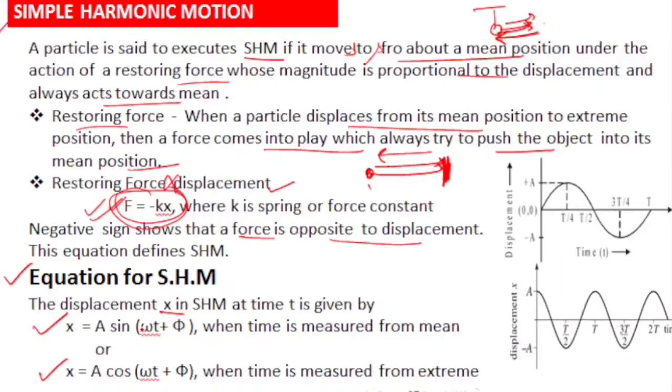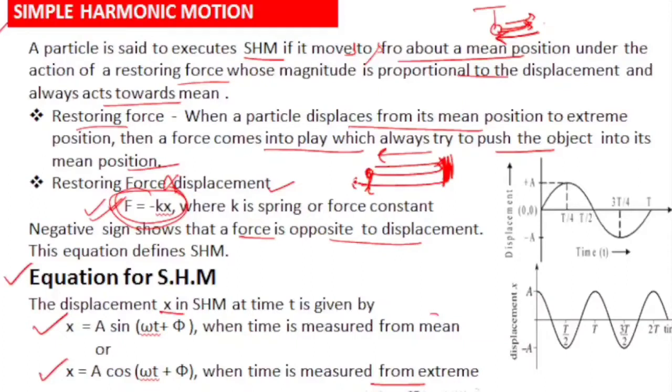You can use any one, sine omega t plus phi or cos omega t plus phi, but the situation is different. When time is measured from the mean position, if the body starts from this initial mean position, then you have to use sine omega t plus phi. If a body starts from the extreme position, when time is measured from the extreme position, it means the maximum position, then